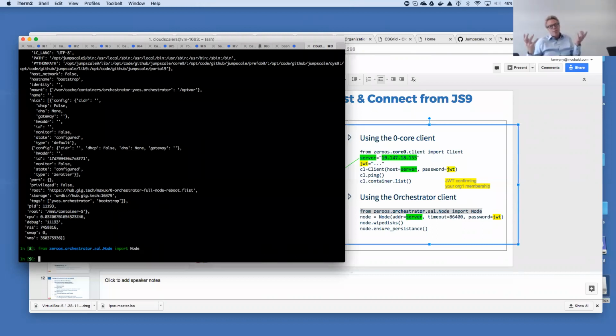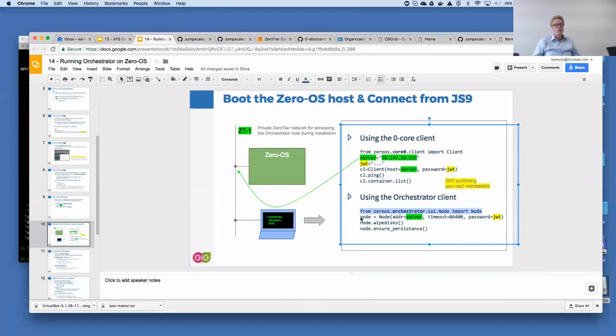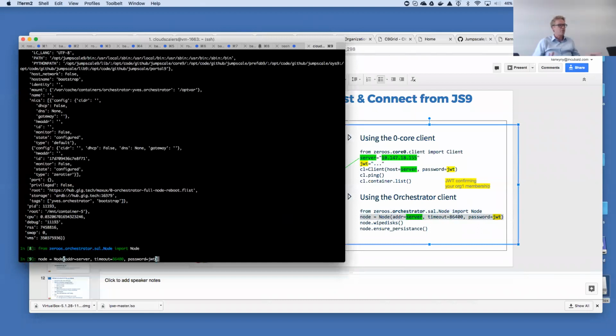And the client, apart from using the RESTful API, also allows you to talk to the core 0. So it allows you to do things that you typically do through the core 0 client. But there you can do more, more interesting things, and that's why I typically use that. What you typically will want to do is what I show you here. Again, you need to connect like this. It's the same thing. You use the same JWT and the same server, so this will work.